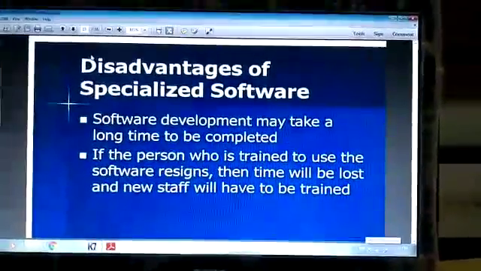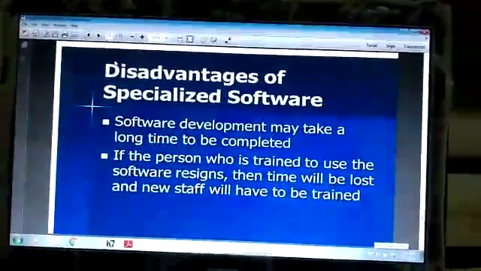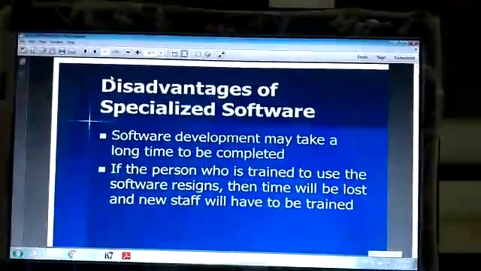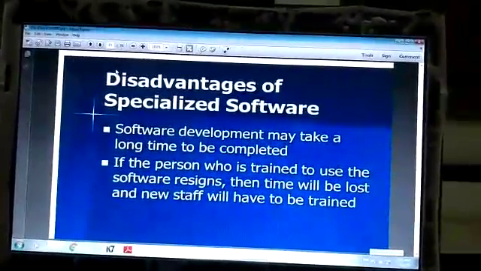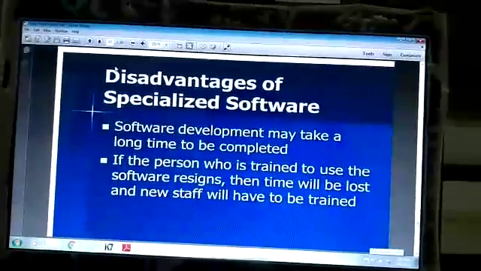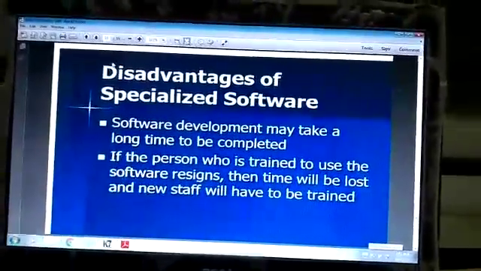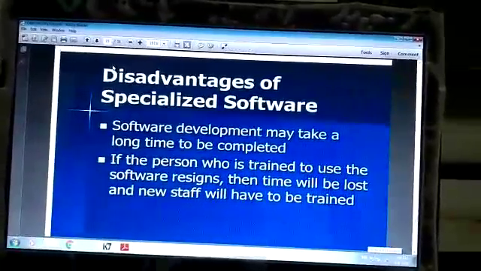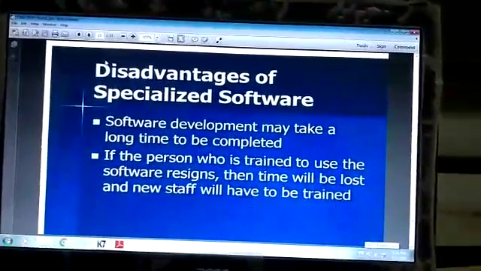Okay, so these are a few disadvantages of specialized software. So I explained the application software. Under general purpose, there are 7 topics. You can refer to your textbook. Under special purpose application, there is a definition, and I also shared the disadvantages, children.